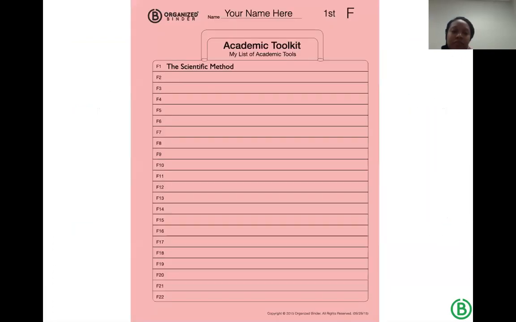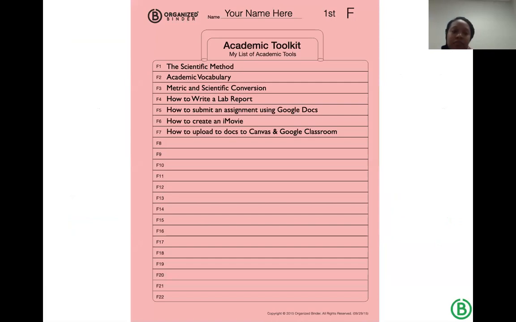Now, every once in a while, you don't want something trapped in those unit packets. This is their toolkit. This is a really critical distinction for, I would say, teachers, but certainly students to make. Not everything is just work in the class that's part of a unit. Some things we have are tools or resources that I'm going to use from unit to unit to unit all school year. And so those need to be in my toolkit that I can just open up real quick and access and use to be more successful. So slightly different assignment here. Still a point value, can still be in the grade book, but they're these tools.